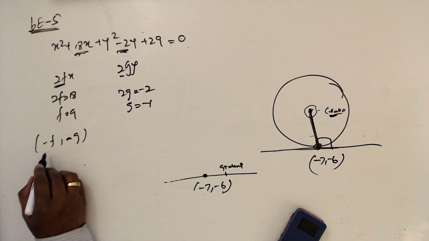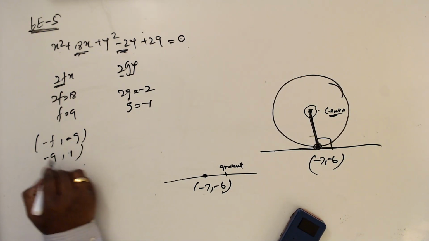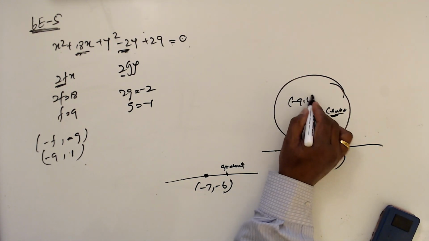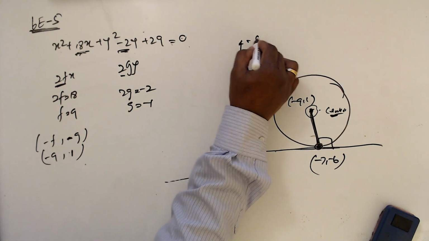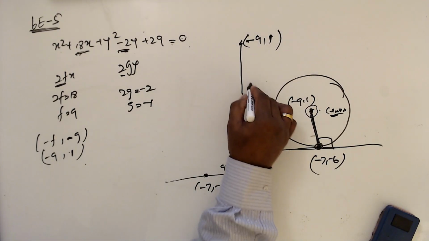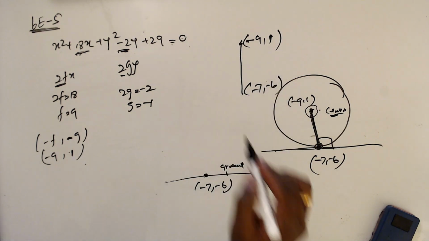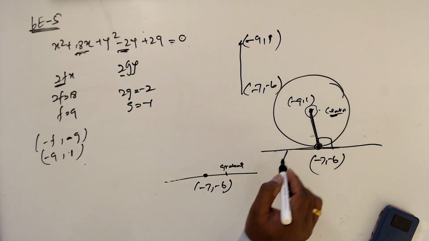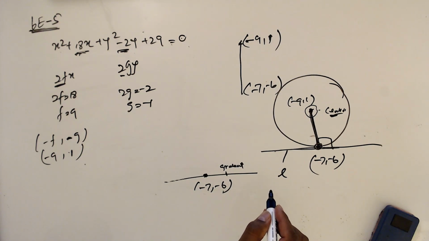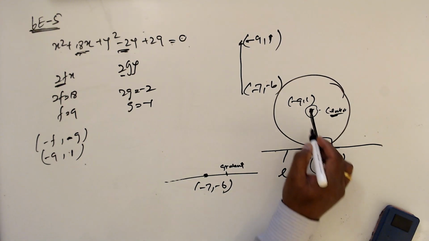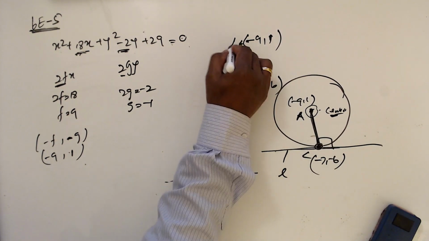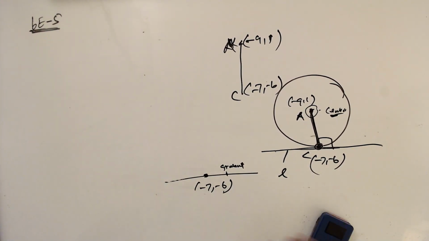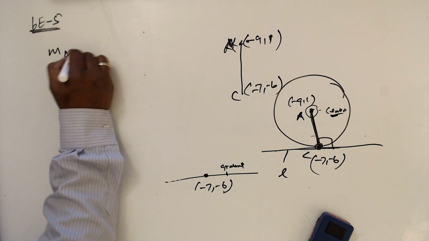Now -9 and -g means plus 1. Now I know the center, (-9, 1). So I will take this piece now: (-9, 1) and (-7, -6). I will take this line L. Okay, C is the center point. I will take this as A, then this is A and C. Now the gradient of AC is